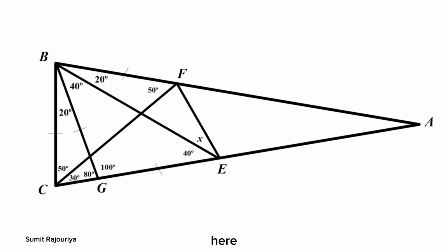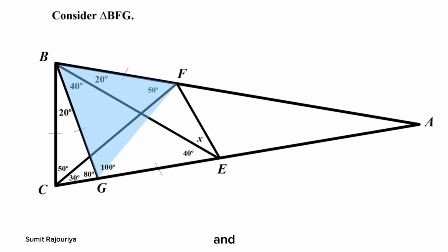Where do we go from here? We're going to draw another triangle that's in this figure. We're going to have to connect points G and F. So we'll consider this triangle BFG. What can we say about this triangle? Well, sides BG and BF are equal to each other. And we know that angle GBF is equal to 60 degrees. So since all three angles sum up to 180 degrees, we can figure out the other two angles must be